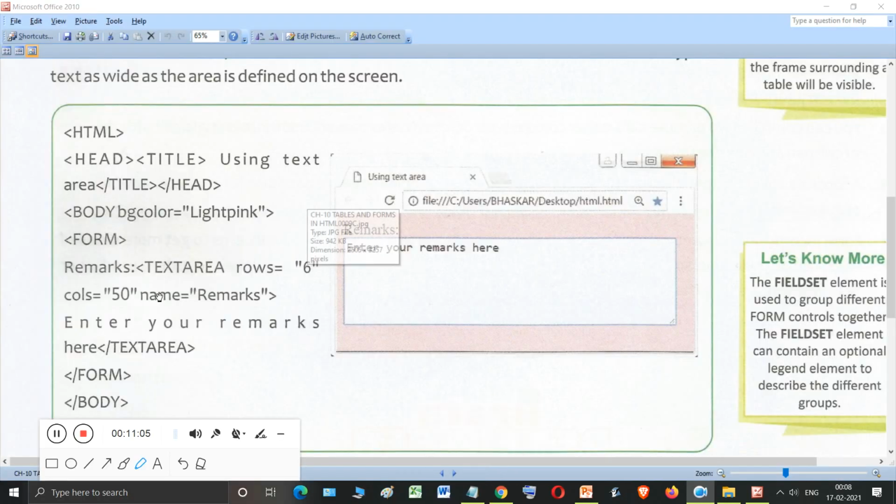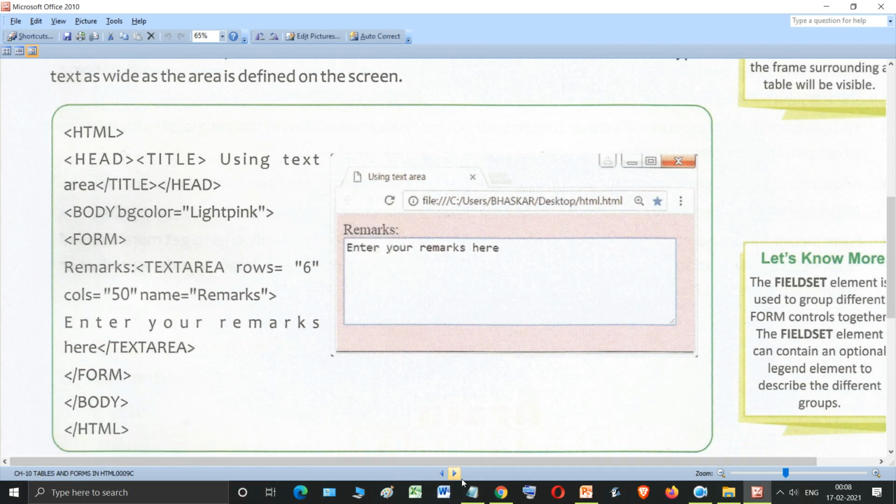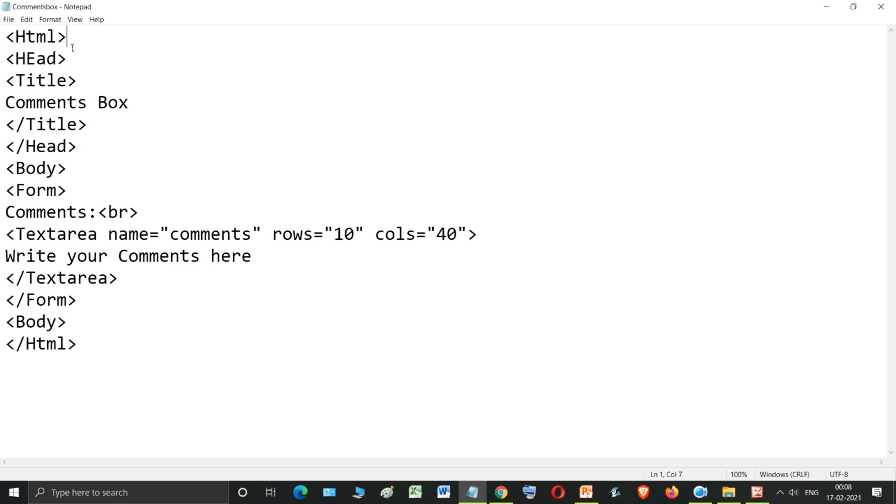So students, I've already typed a code over here. See, I've started with HTML. I opened the notepad, then I typed the HTML tag, then the head tag, then the title tag. Inside the title, I have written comments box. They had created remarks and a remarks box, I am creating a comments box.